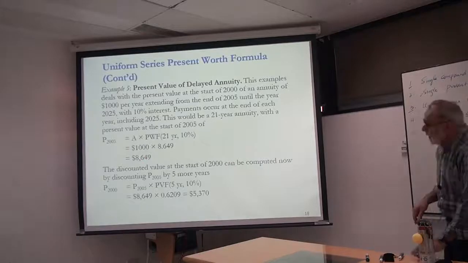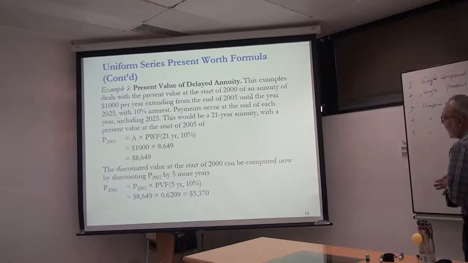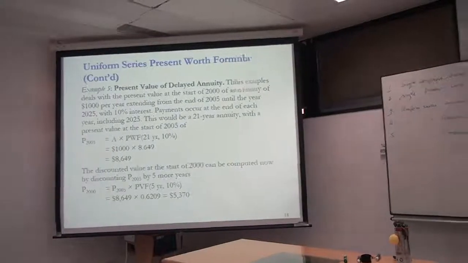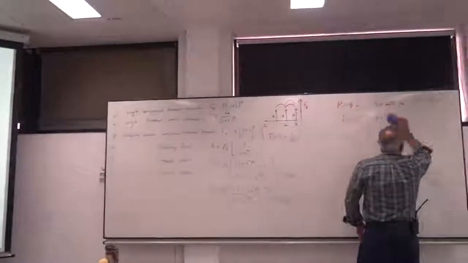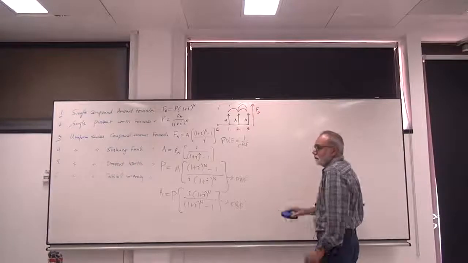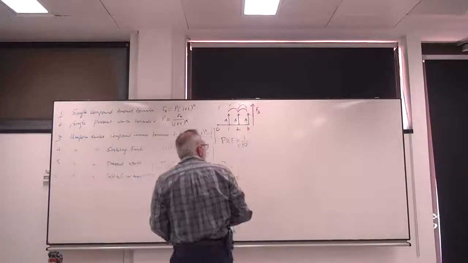Let's see how we can visually think about these payments, and then I will show you how this is a very practical example. So let's draw this cash flow diagram. In the year 2000,